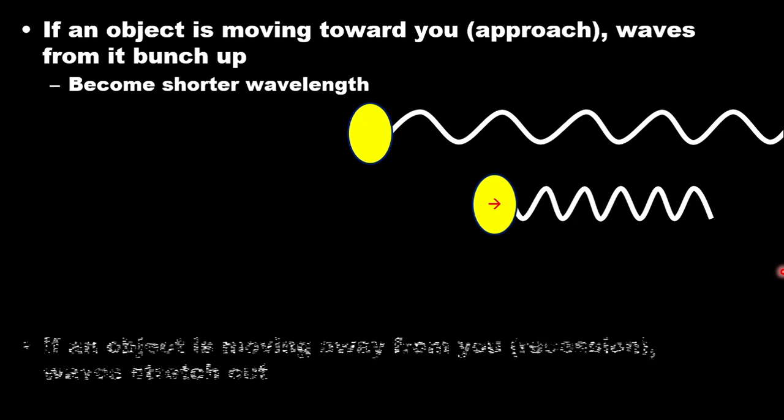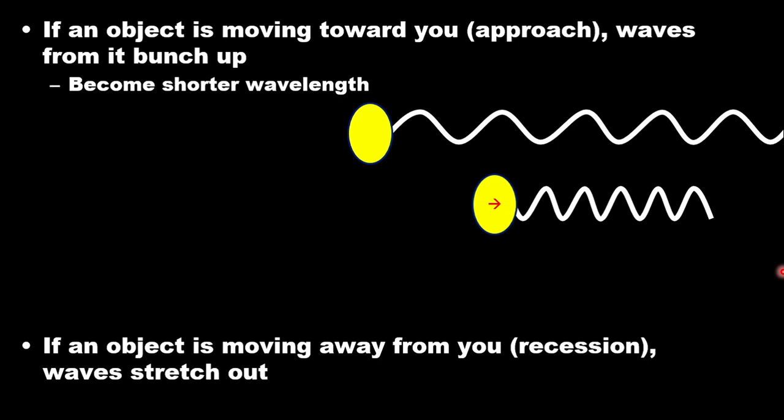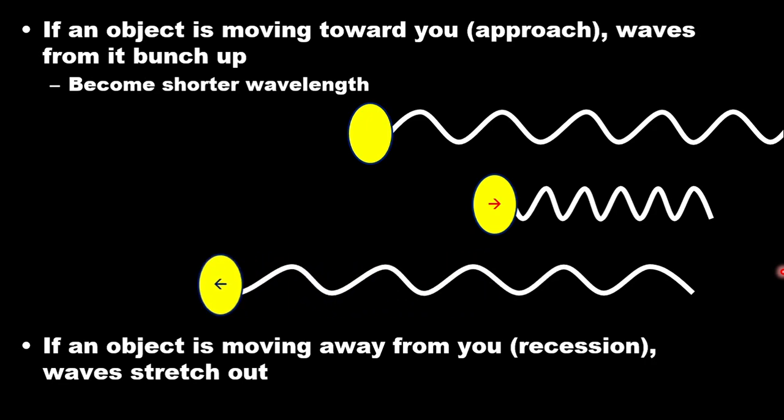On the other hand, if the same object is moving away from you, what we call recession, then as it moves away, the waves get stretched out as a result of the motion,